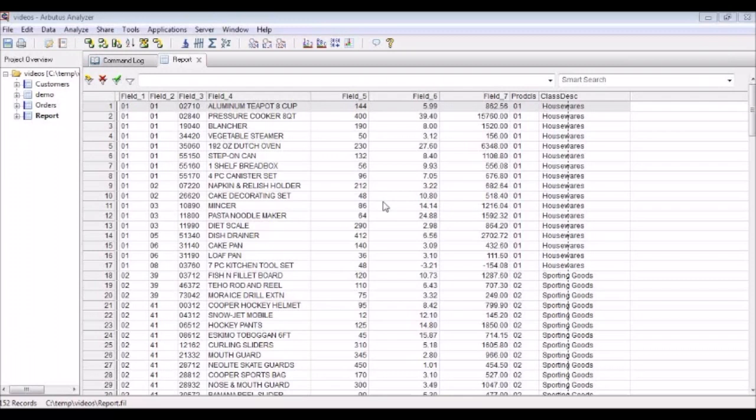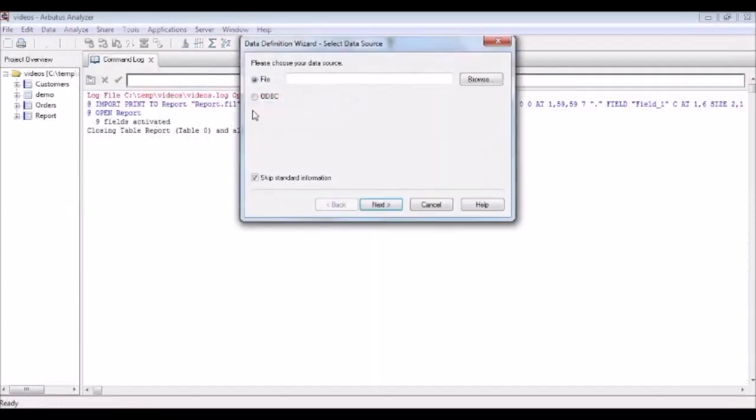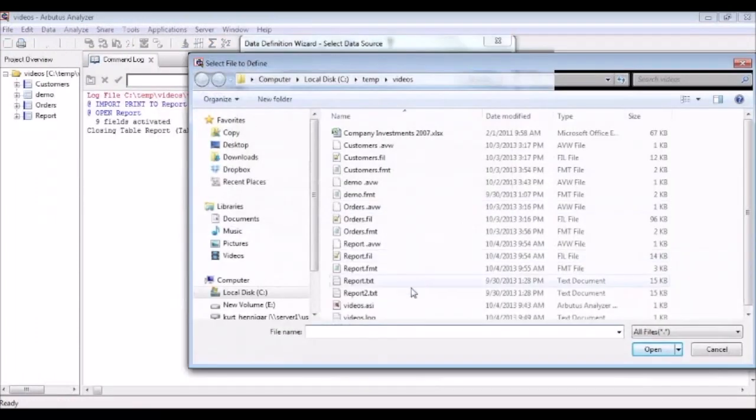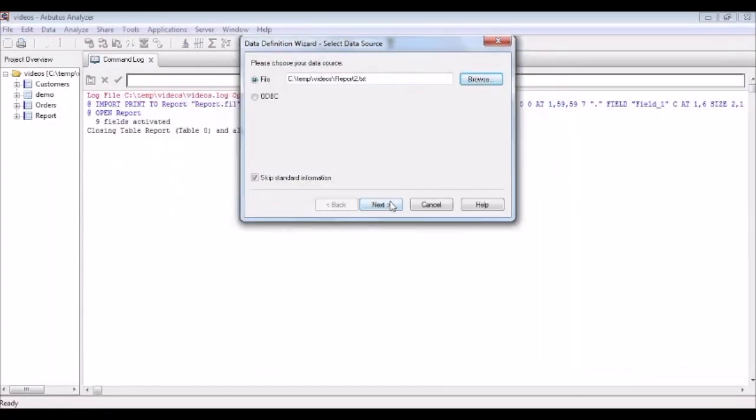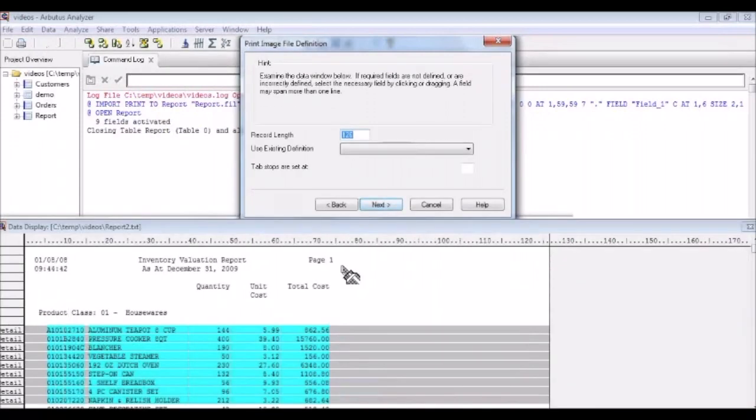When the next report comes in, I can begin the process the same way, right-clicking in the project overview, selecting New Table. I'll navigate to the new report, and again I'll select Next, where the wizard detects this is a print image file. Again, Next. It detects the detail records automatically again,